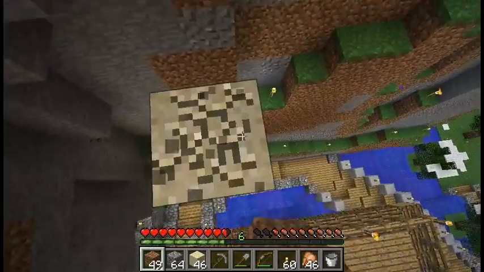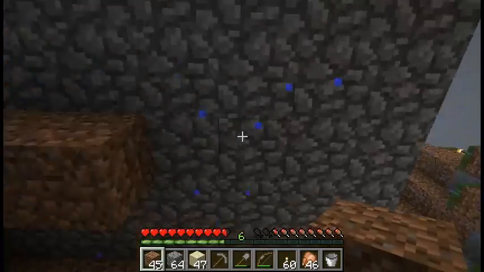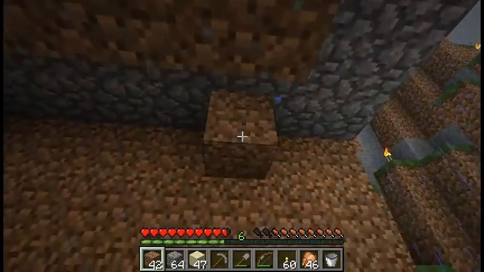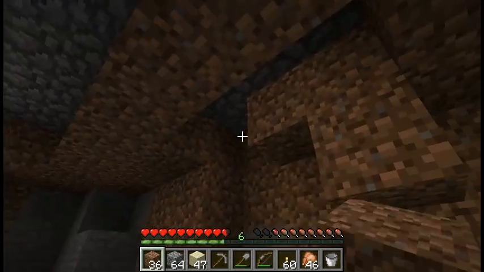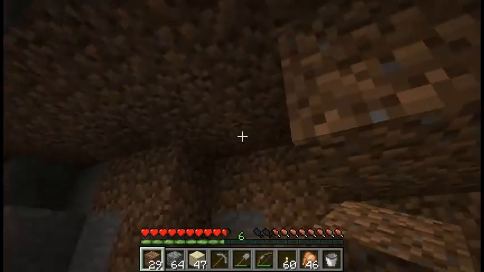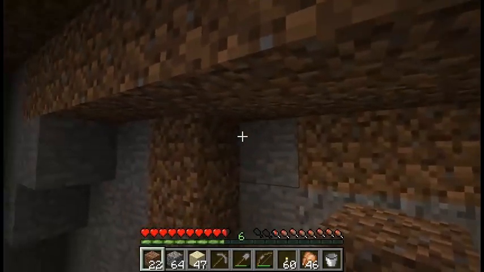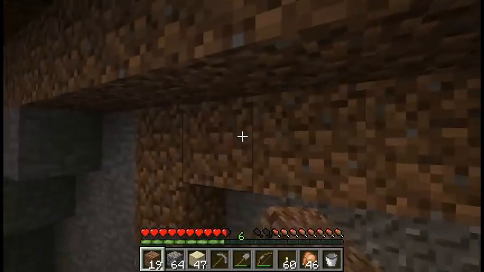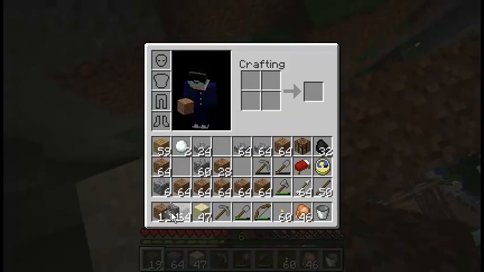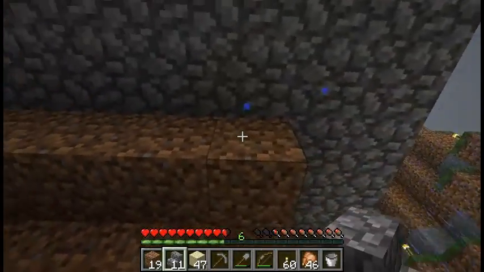I also need to go sideways. Let me just come out a bit. Right, 2 from the edge, there we go. And then just go in 1 block. And then we go in 1 more block, there you go. And I have some stairs, not really enough for all of this, but